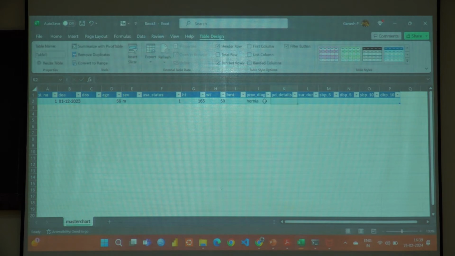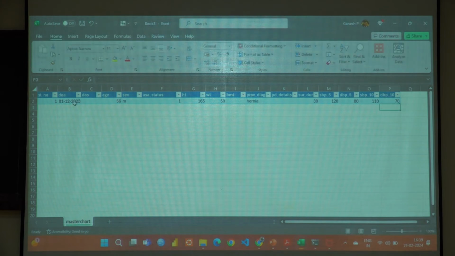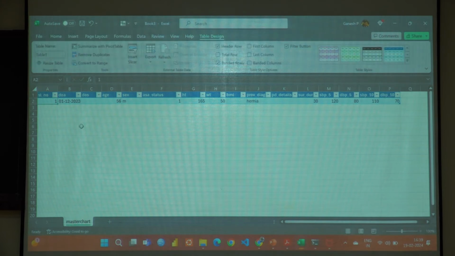and what are the details here? Provisional diagnosis details, there is nothing here because it's not other. Surgery duration 30 minutes. So when you have only 30 minutes, you won't have entries for all the minutes here. 120 by 80 was the BP at 5 minutes, and then it became 110 by 70 at 10 minutes. So you can start entering data like this, and most of you would have done this only unless you attended